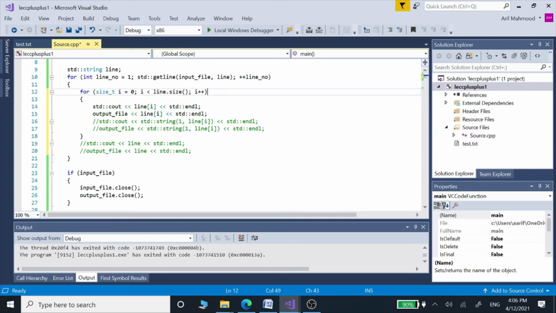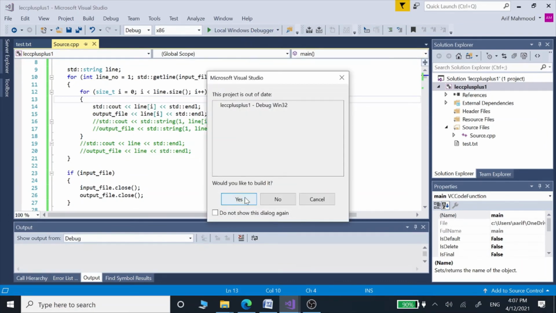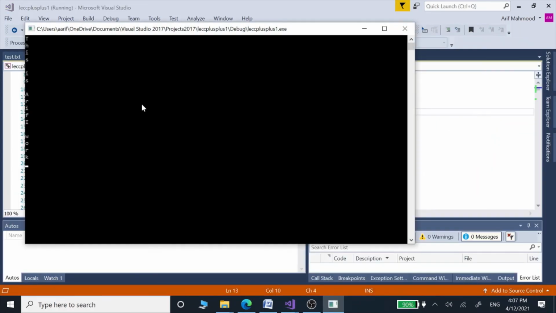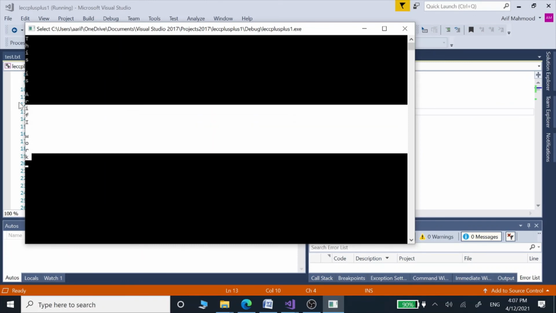Using these code lines, we are going to run this for loop inside this for loop, and then we are going to convert our strings into characters and display those onto the console window using this line, and store those into an output file using this second line. So this line would be our characters. Let's build and run this program. Now we have converted our strings into characters.